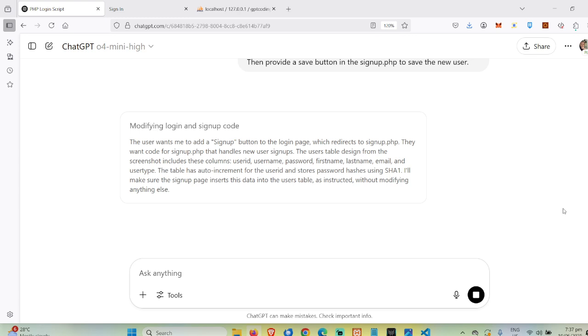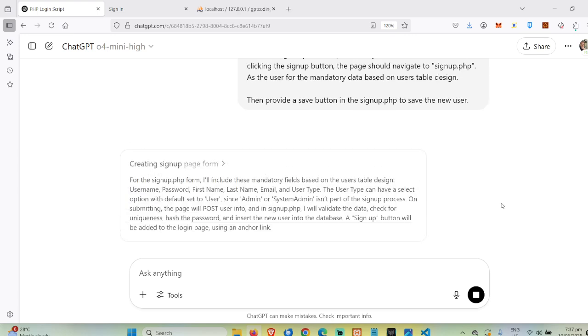So it has figured out that we are using SHA-1 for the hashing of the password. It's here. Mandatory data is username, password, first name, last name, email, and user type.